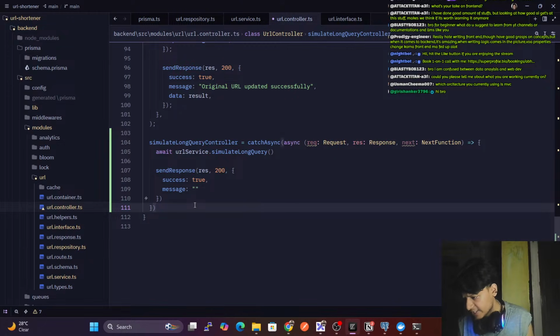Which architecture are you currently using? MVC layered architecture, where we have a controller, service layer, and